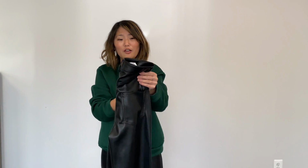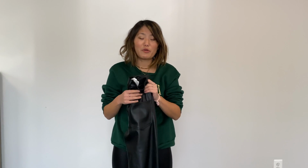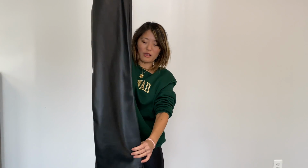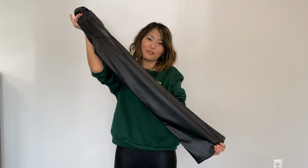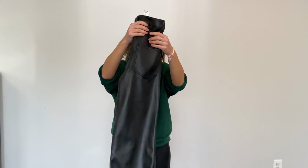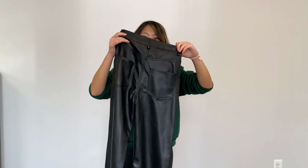As you've seen, leather pants are nothing new. They've been in style forever, but the style has changed from the leather leggings I'm wearing right now and the tapered, narrower leather pants to this straight leg or wider leg version. I personally like this style because I don't have anything like this, but I still plan on wearing my leather leggings because they're so comfortable. These are actually pretty comfortable too. I got them in a size